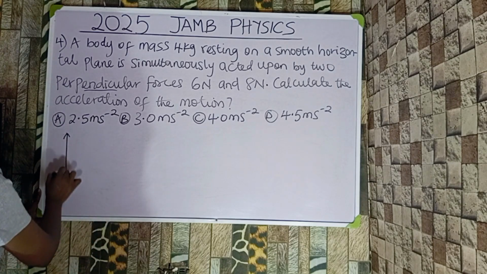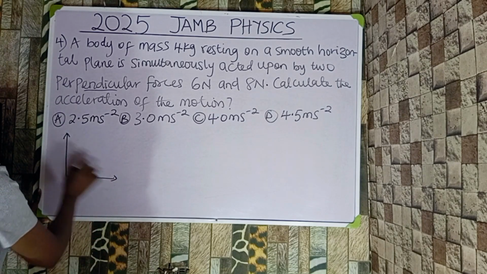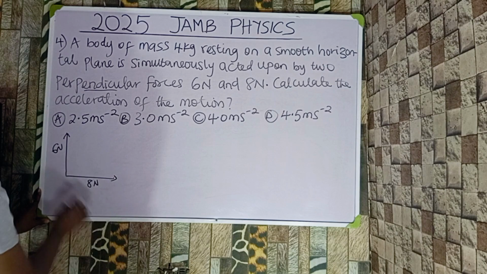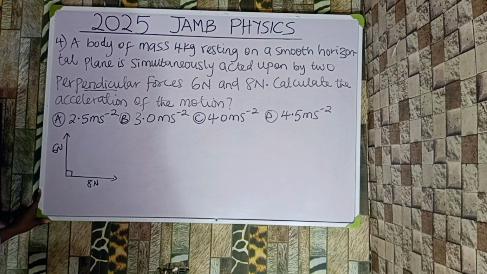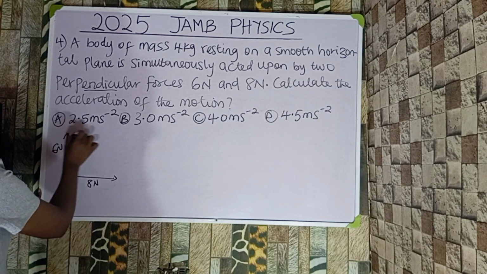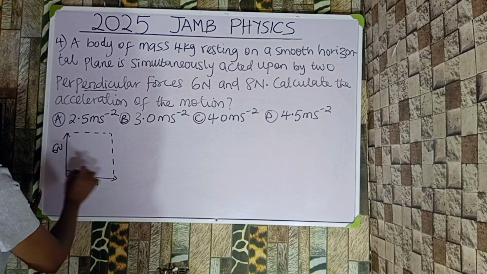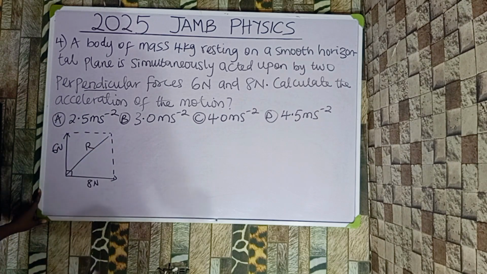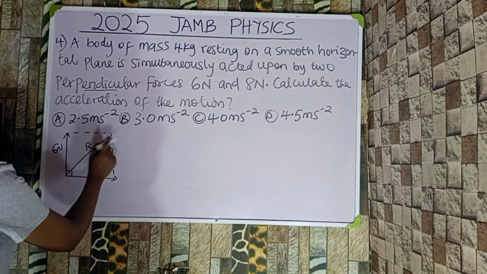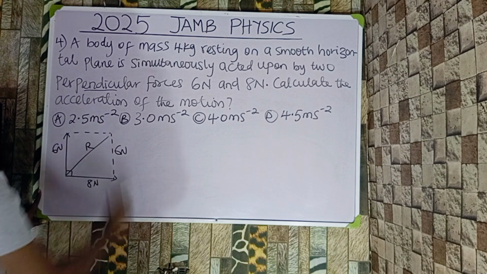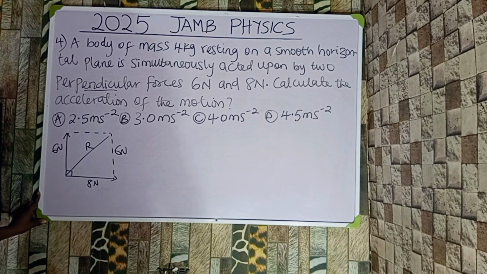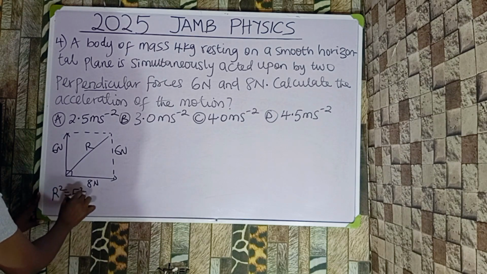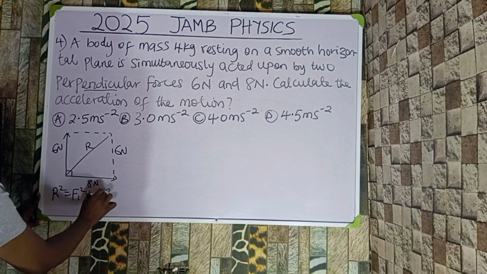I have this. Okay, this is 6 Newton and this is 8 Newton, right? Acting at right angle, perpendicular to each other. I'm going to complete it to form a resultant. I call this R. Using Pythagoras theorem, I have R square is equal to F1 square plus F2